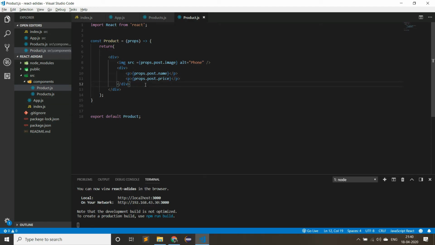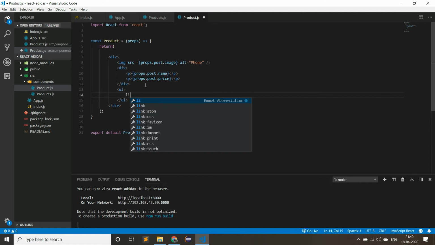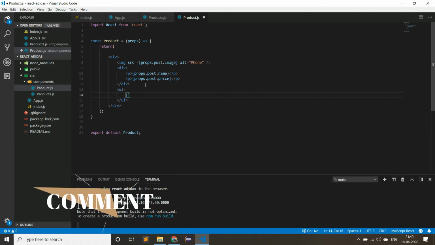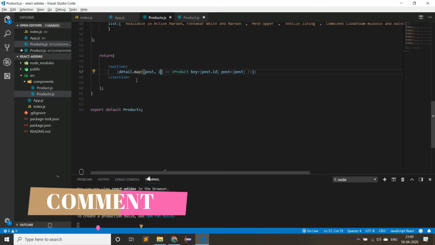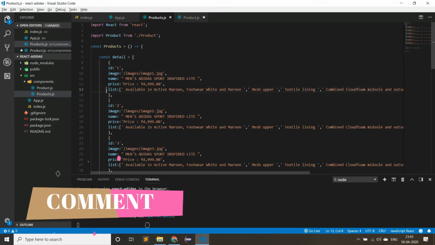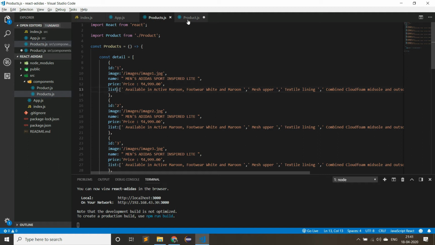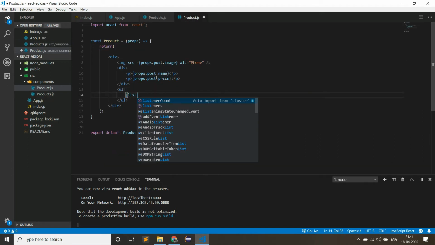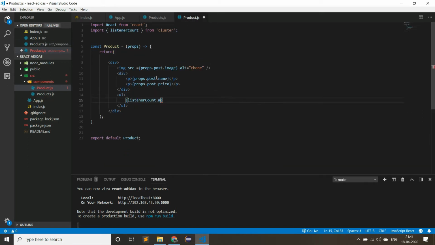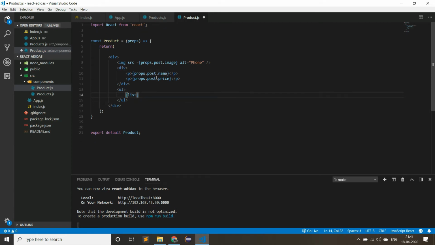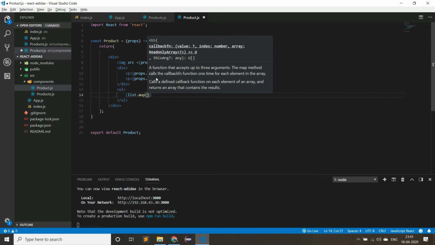So let us add some description about the shoe. For that, let us create a UL. Open the braces. Inside of that we have a list. Here list is also an array, so we can use the map. For that, list.map. I am passing the parameter as info.